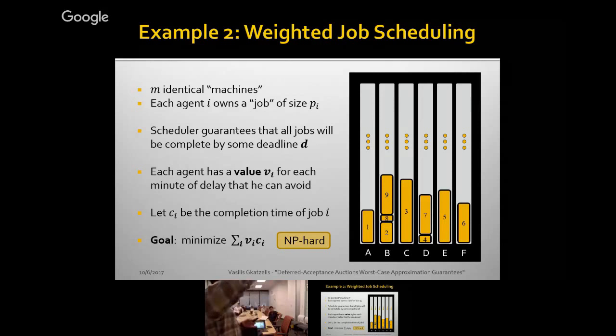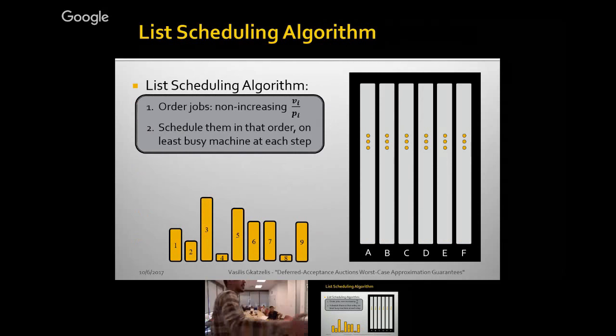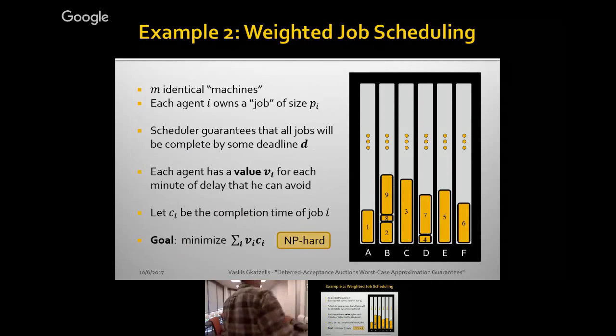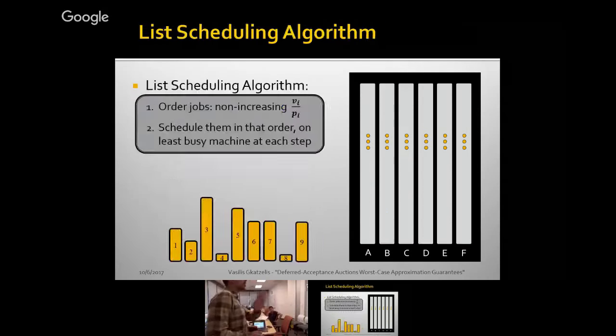So I'm kind of scheduling people top to bottom. For those of you who have seen scheduling algorithms, the standard thing is, of course, to start bottom up, start scheduling them, or in a centralized manner even. So one thing, if you were doing it as an algorithm, you might have thought about a list scheduling algorithm that's very well known for this problem, which is the following simple greedy algorithm.